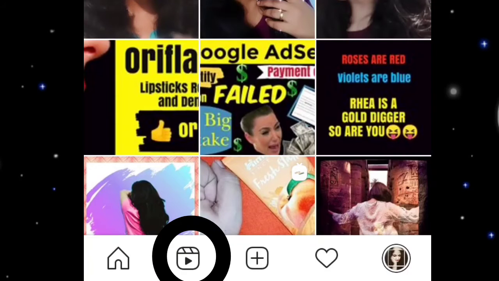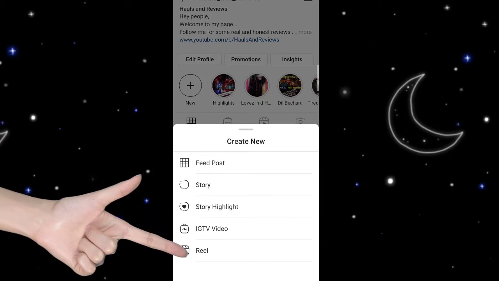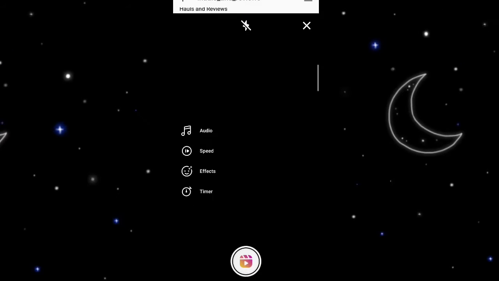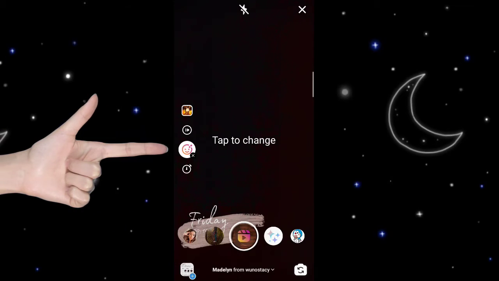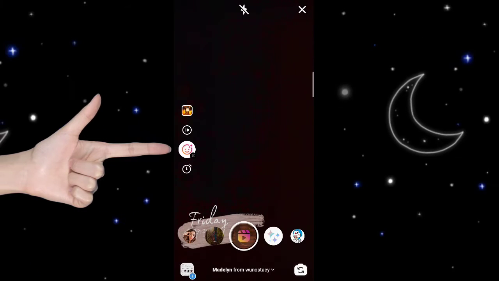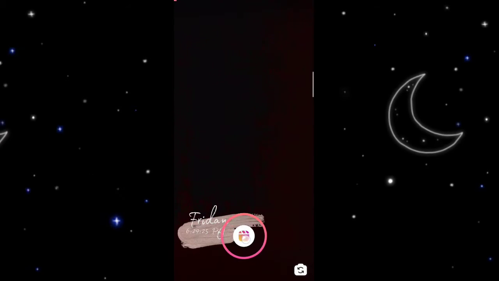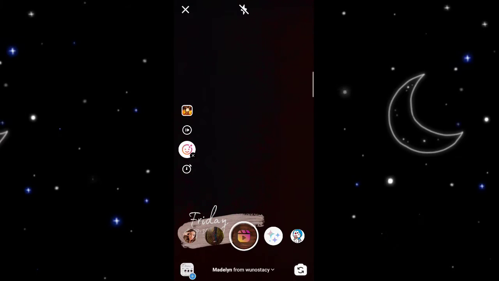First, what you have to do is click on this icon that's right on the bottom, and this will open where you'll see reel. Once you click on that, there will be another window where you can see this effect icon. When you click on that effect icon, the currently used effect will open, which you can see on the screen. So this is a blank video just to show you how it goes through. At the end of this video, I'll attach a reel for your information.